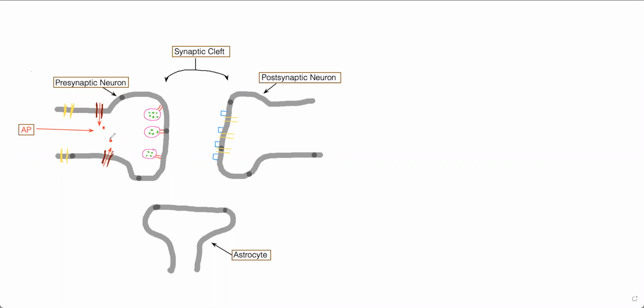The presynaptic neuron also has these things called vesicles right here that have neurotransmitters inside them, these little green things. And what the calcium does is it floods in and bonds to these proteins right here that are holding these vesicles in place next to the axon terminal. These docking proteins are called SNARE proteins. The calcium changes the conformation of the proteins just enough so that the proteins bring these vesicles closer, straight down here,